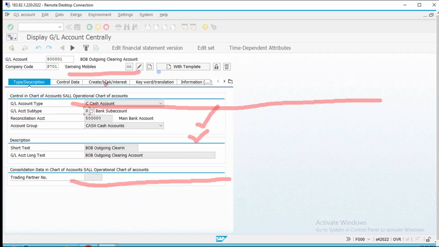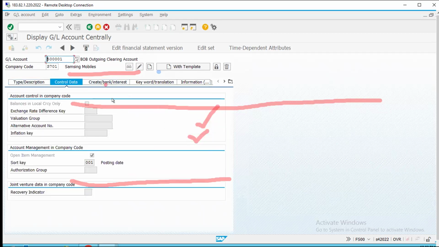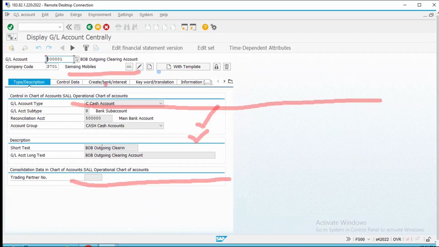At this point, you can see that even though the currency option is not appearing, the open item management option is enabled here. Also, the cost element option is still not applicable for your cash transactions. So these are the changes as part of S4HANA in terms of GL accounting.